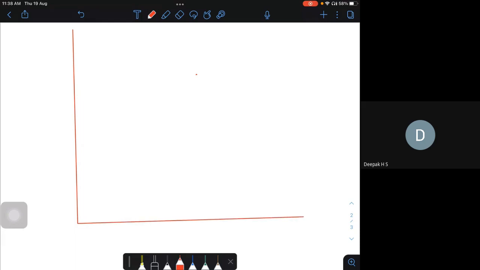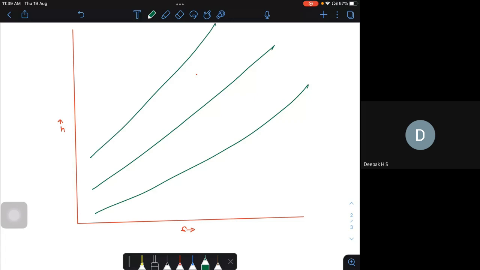Okay, this is my HS diagram, my enthalpy entropy diagram, and I have the corresponding pressures. To draw 3 stages I should have 4 pressure curves: 1, 2, 3, and 4. If it's a simple expansion from 1 to 2, I can call this 2 dash, here 3 dash, here 4 dash. Now, a simple expansion, 4 stages, this is what I could see.